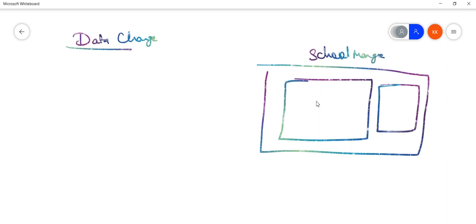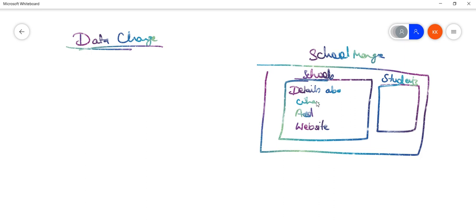So let's say I have created a database called school management, and in this database I have some tables like a school, like a students, and many more. And now data change means, let's say I have a table of a school, and in this school table I store some details about my school. Let's say the name of my school, the address of a school, then you can say the website of a school. These are the information which I am storing right now in the school table.